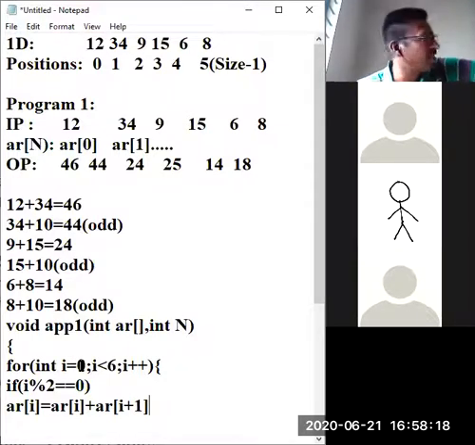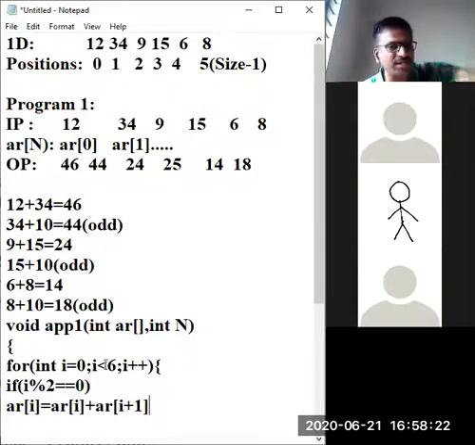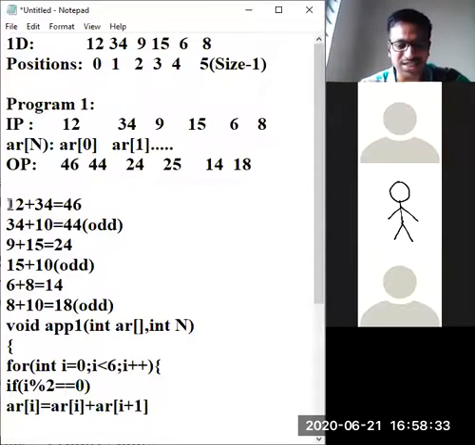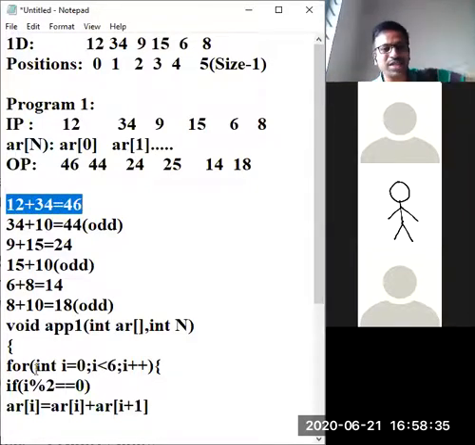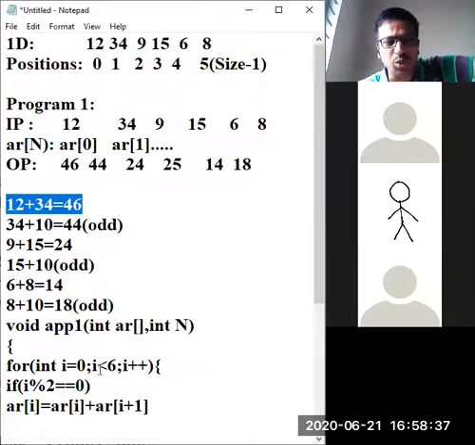I is equal to 0 is initialized. 0 is less than 6, true or false? Very simple logic. Indexing always starts from 0. That's why I have started from 0. In the logic also, I started from 0. Here, the first calculation starts from the 0 position. Fine, I is equal to 0. True. Very simple. If true, you get inside.